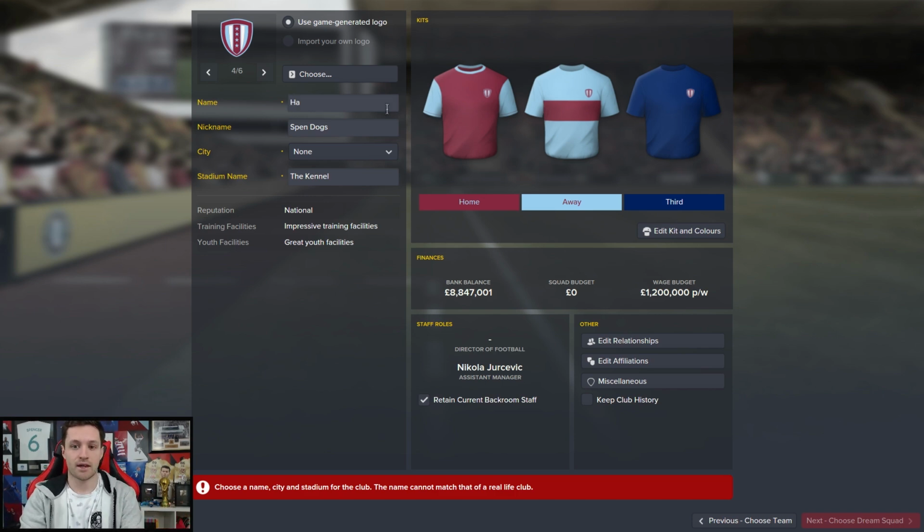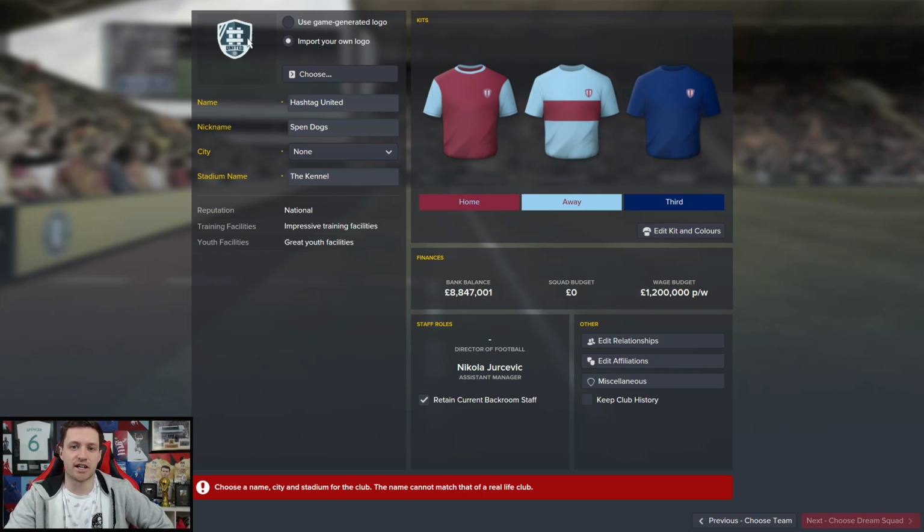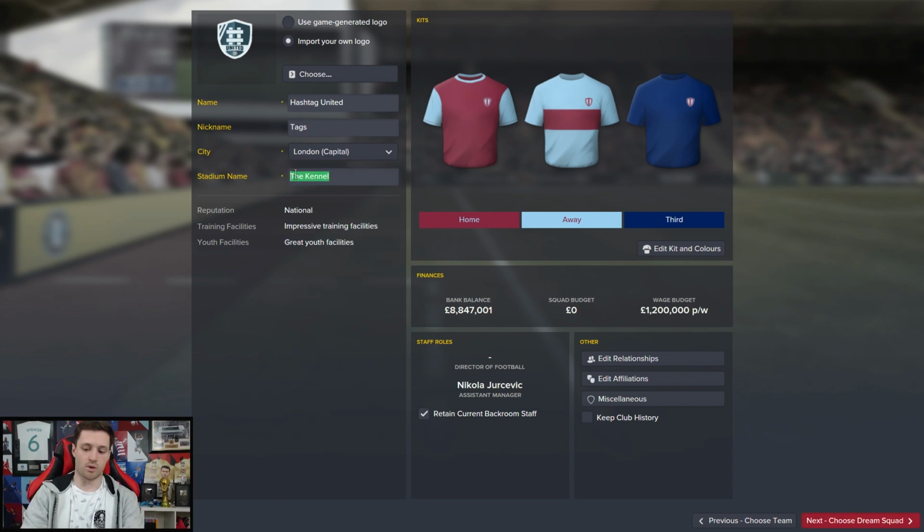So we're going to go name, #United. Now, really cool stuff is you can add your own logo in the game. So let's import our own logo. Now this isn't the finished #United logo, it's just a placeholder. We're getting a proper logo made, but we'll use this one for now. Nickname is gonna be, oh, I haven't thought about that yet. We'll go with the tags for our nickname. City, we'll go London. Stadium name, we'll go with the